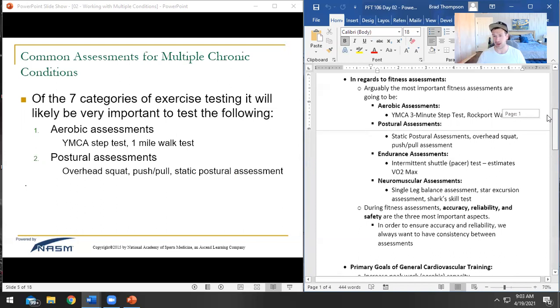In regards to fitness assessments, the big ones we're going to look at fall into 4 key categories. We are going to see aerobic assessments, things like the YMCA 3-minute step test, which is a really good example, or the Rockport walk test. Both of those are the standard versions in your textbooks, and they're both really great. They work a little bit differently than one another. The YMCA step test is basically,